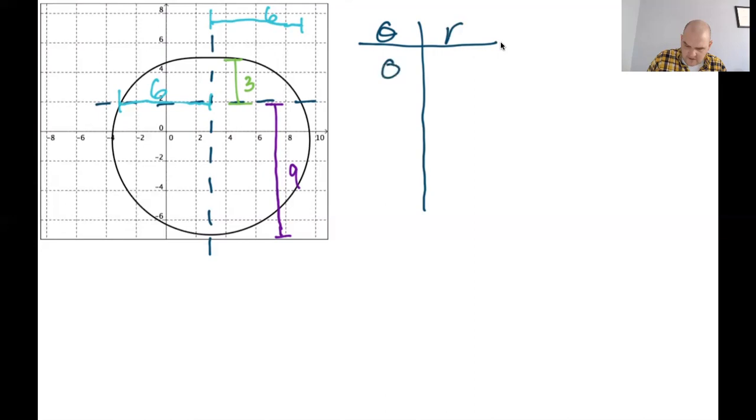So we got 0 gave me 6. Pi over 2 is going to give me 3. Pi is going to give me 6 again. So I actually kind of know what I'm dealing with at this point. 3 pi over 2 is going to give me 9. Okay. So that, if I plot it,